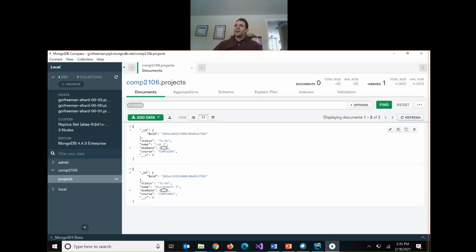You also need to click the refresh button in Compass in order to see the data. It won't appear right away. You've got to refresh. Okay, so there's no error, but when you refresh,